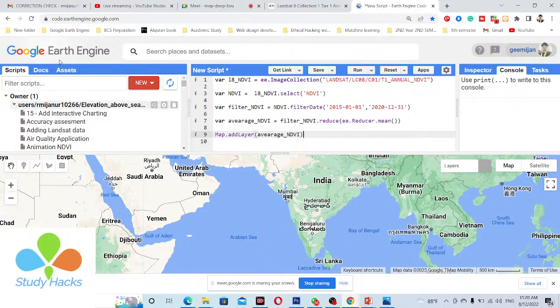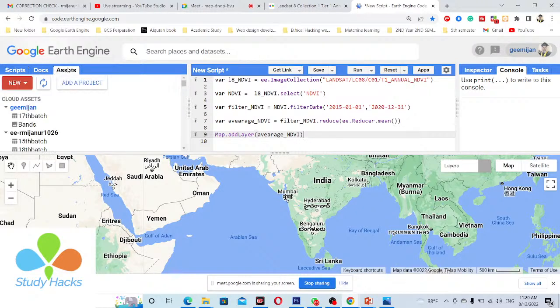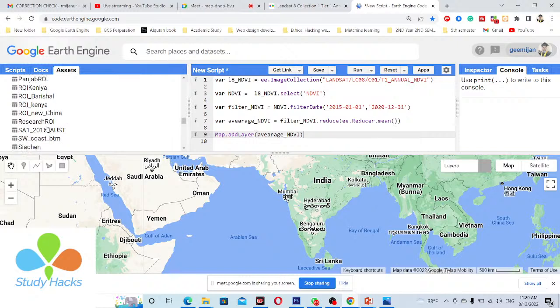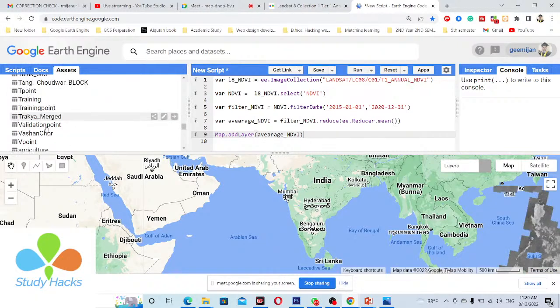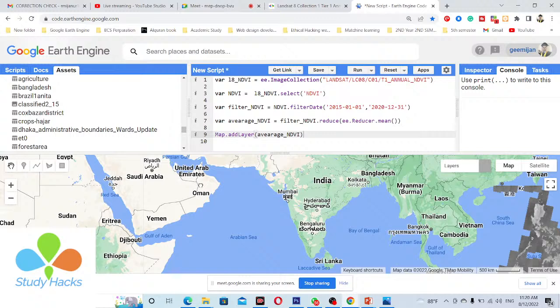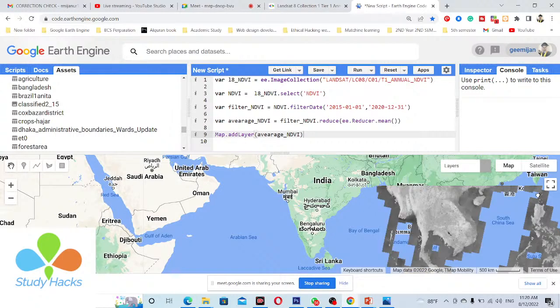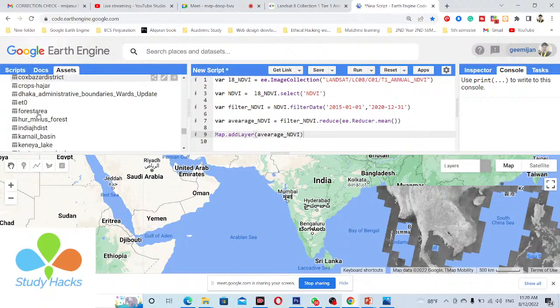Okay, so this time, suppose I need this NDVI between this time period for my country, Bangladesh. So I import my shapefile. Here I already imported my shapefile for the country boundary of Bangladesh. I simply import the shapefile in my code editor. Actually it is the whole world with a lot of datasets here, so that's why it takes some time.